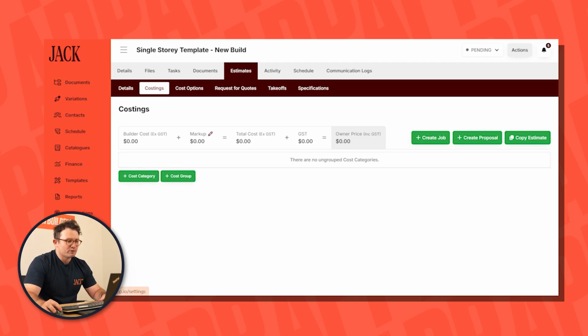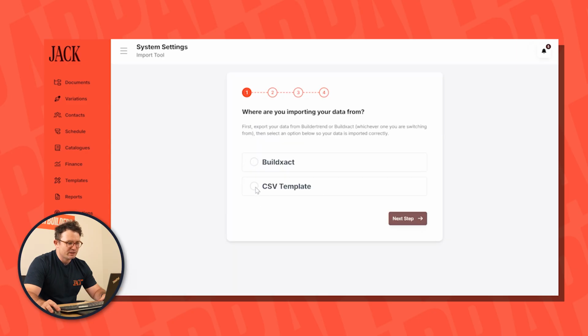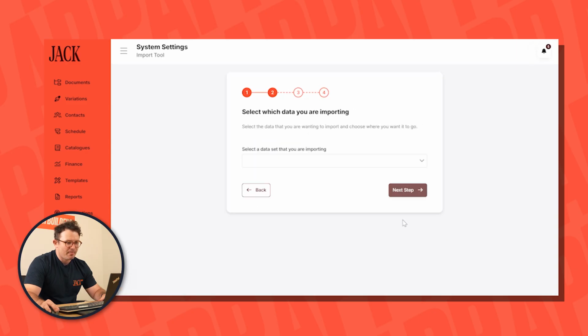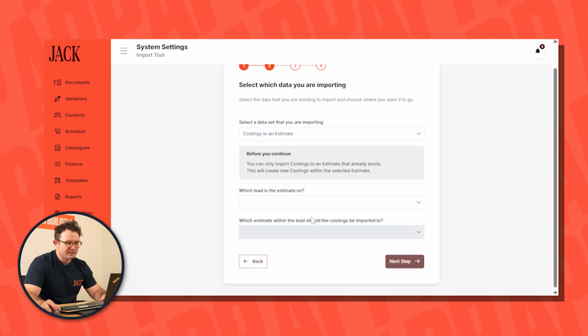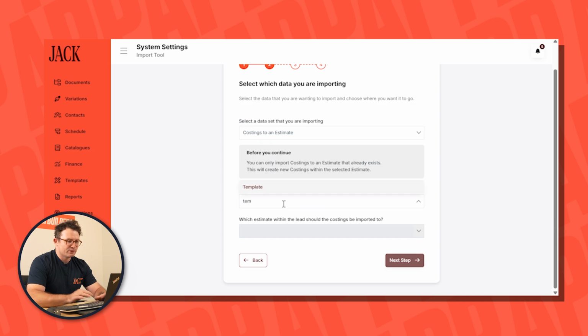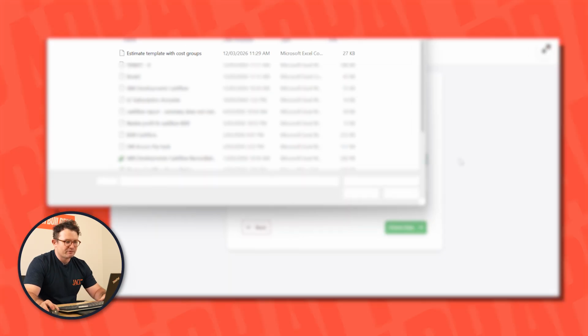Now to import all of my detail against this estimate, I go to Settings, Import Tool, select CSV template. I'm importing costings to an estimate. The lead is called template and the estimate is the single story template new build. Now I just choose my file from my desktop,